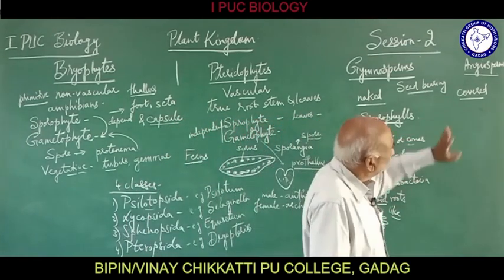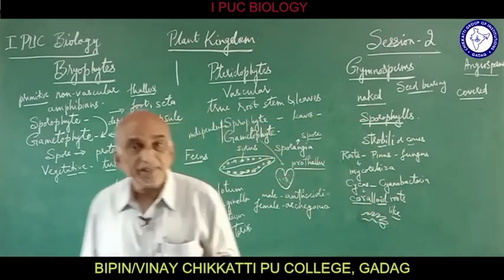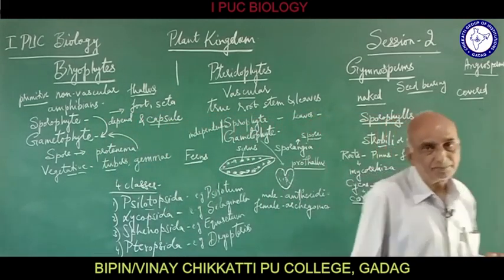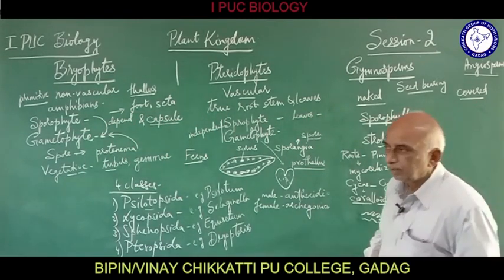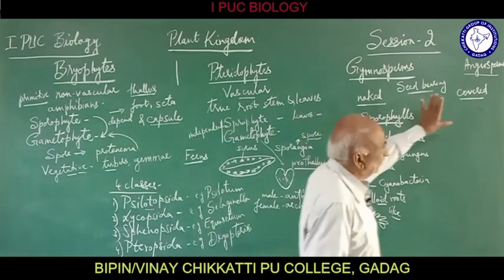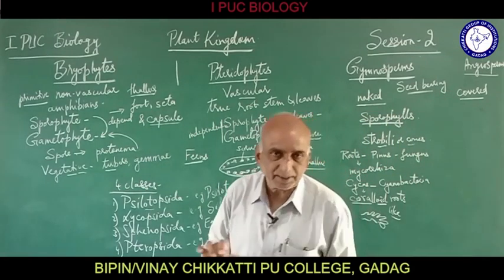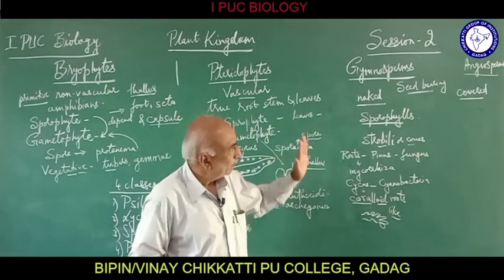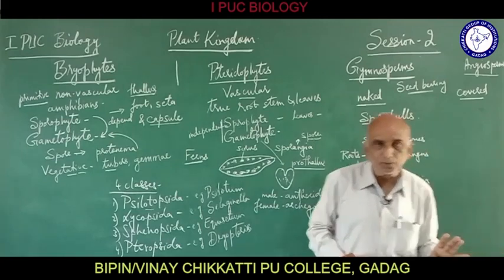So then when we say angiosperms, already we have mentioned they are more developed than gymnosperms because the seeds are well covered inside the fruit, and almost all the plants, fruits, vegetables, what we are consuming, all they belong to the angiosperms group. So angiosperms, they are further divided into dicotyledons and monocotyledons, but here we don't come across any dicot and monocot. And these of course they are having well developed stem, root and leaves.